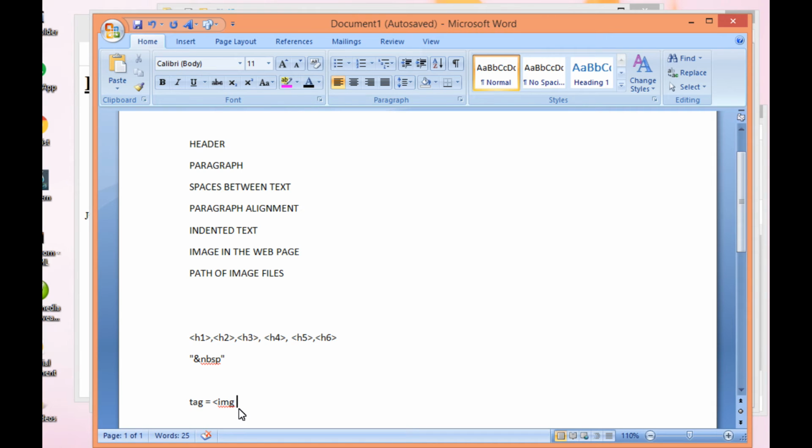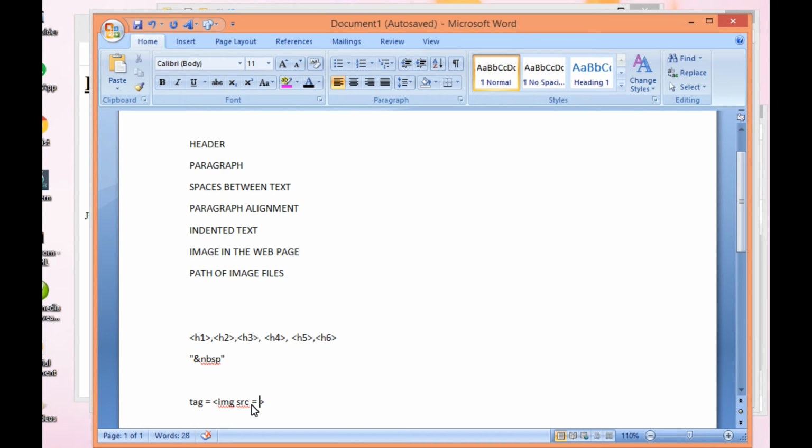You use a space and say the source of the image. The source of the image is gotten by using src. Src represents the source of the image. Then at this point we can say that our image is equal to